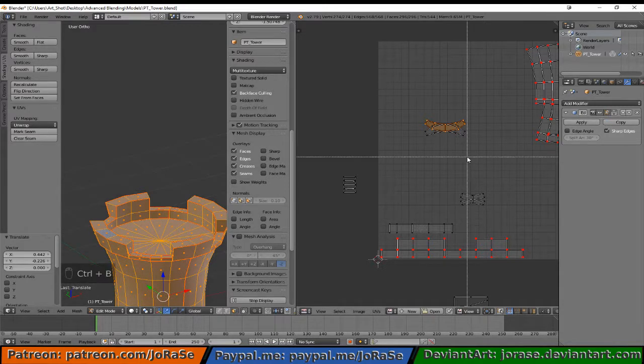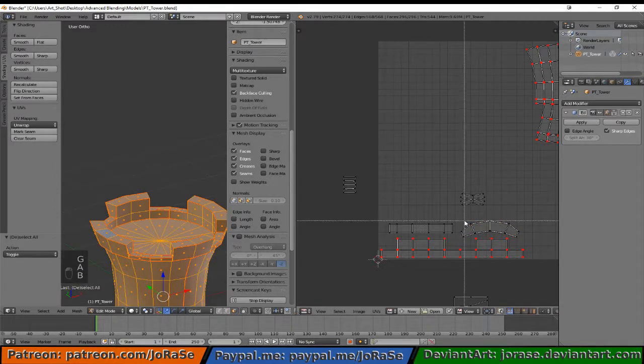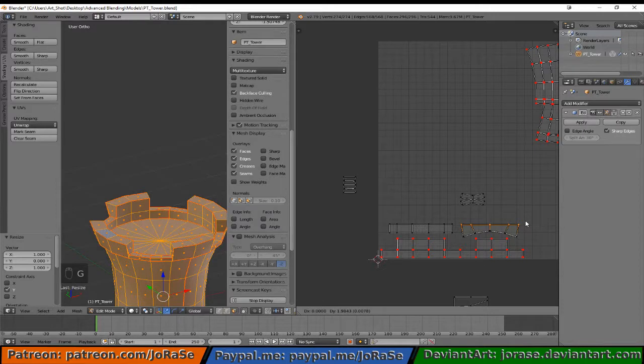Again, line them up, flip them on the Y, line them up again, and pull them down over. Go ahead and scale them up a little bit. And like we did before, grab one set, flatten them on the Y, and this time we'll go ahead and lift it up to where it kind of matches the other one, using